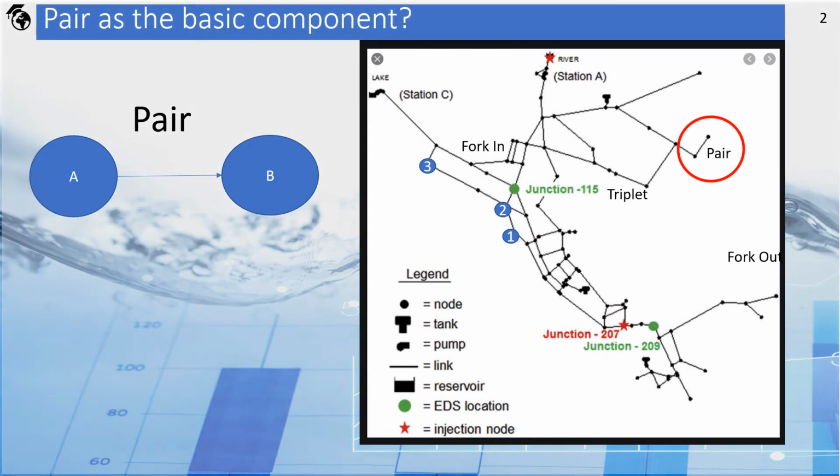The pair has a source and a destination station, and it constitutes the most basic object of the spatial model. In a pair, water flows from the source station to the destination station. The pair looks at the value variability of a given quality between the two stations. The pair performs two tasks. The first task is a duration of flow estimation between the source station and the destination station. The second is a quality variable estimation of the value at the destination station based on the historical values at the source station and the flow duration.